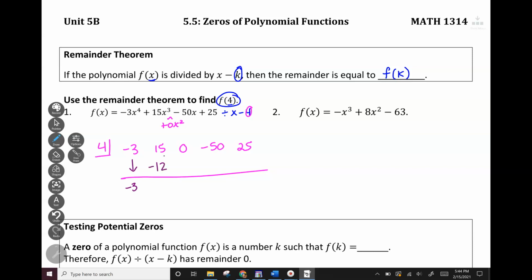Then we add 15 plus -12, or you can say 15 minus 12, same thing. 4 times 3, 0 plus 12. 4 times 12, -50 plus 48, 4 times -2, 25 minus 8,